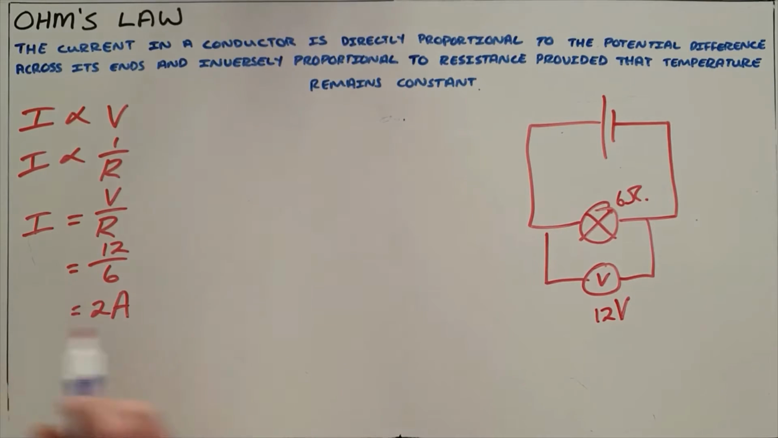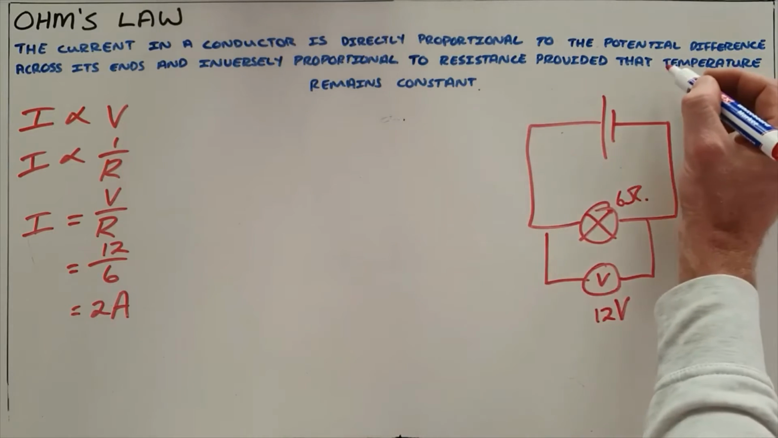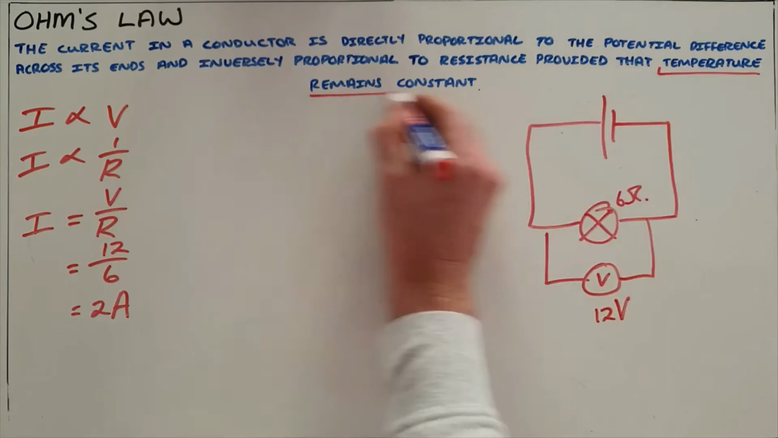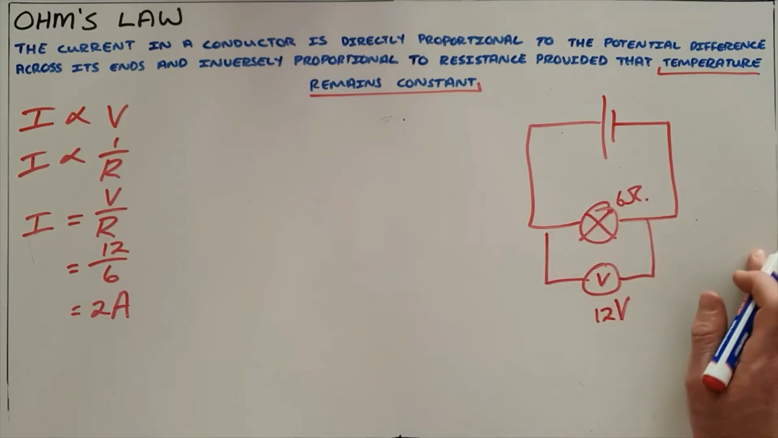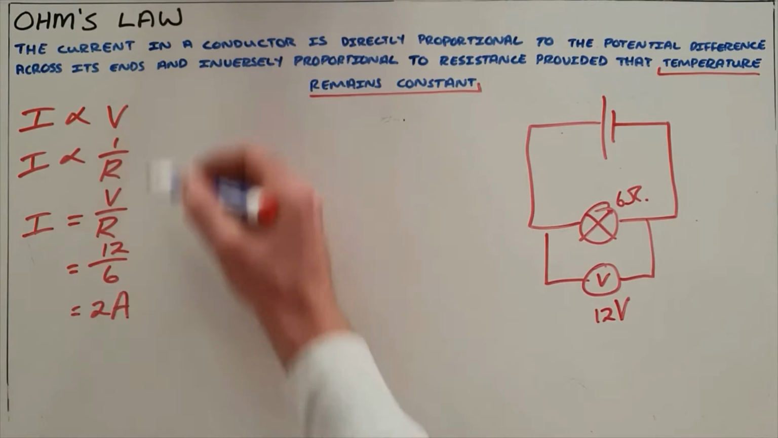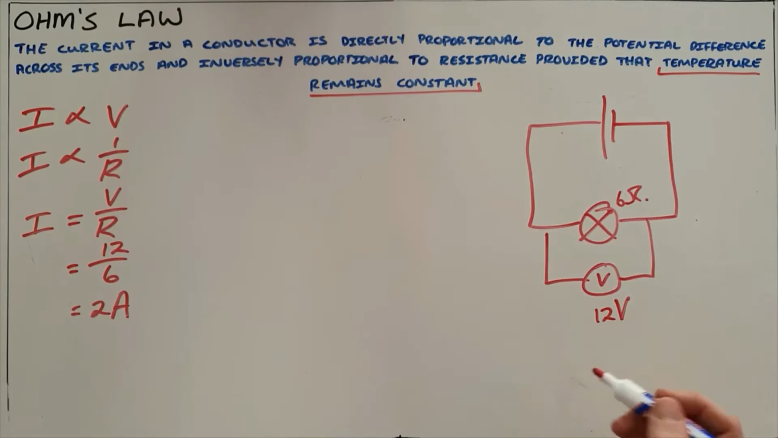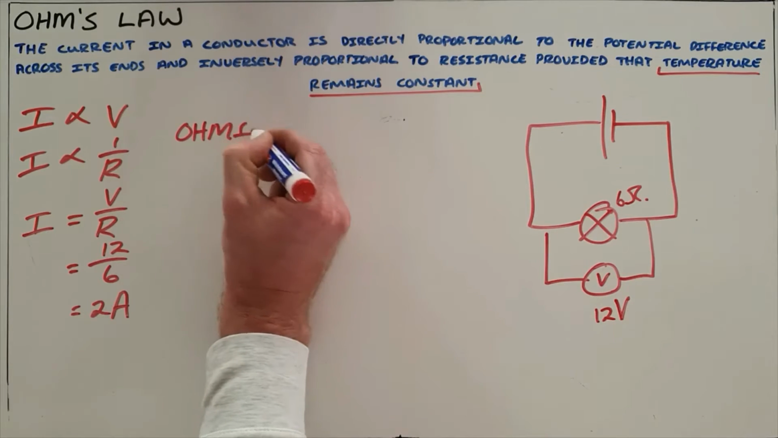Obviously, this only applies when temperature remains constant, because we know that temperature is one of the factors that affects the resistance in a circuit. So if the temperature did not remain constant, we know that the resistance would not remain constant and this formula would not apply. But we are always dealing with ohmic conductors,